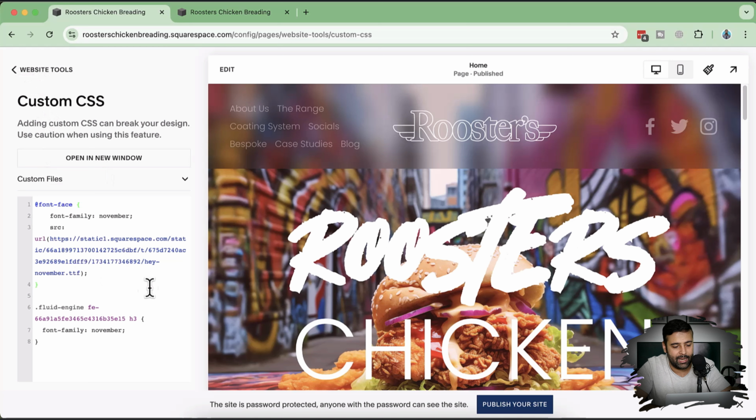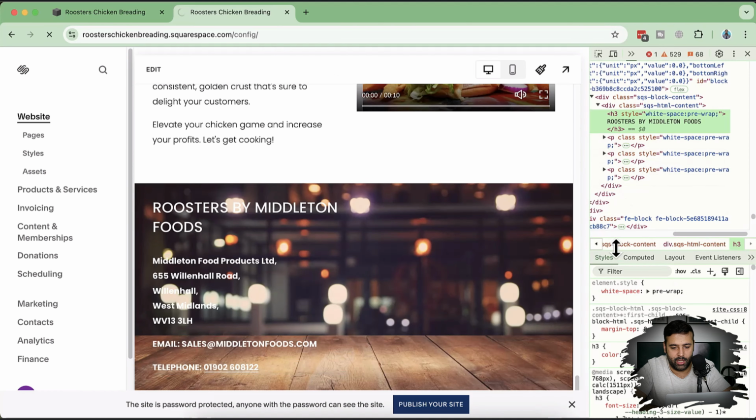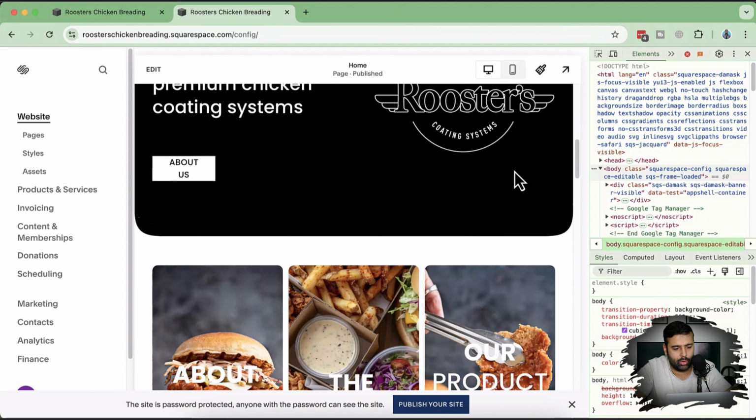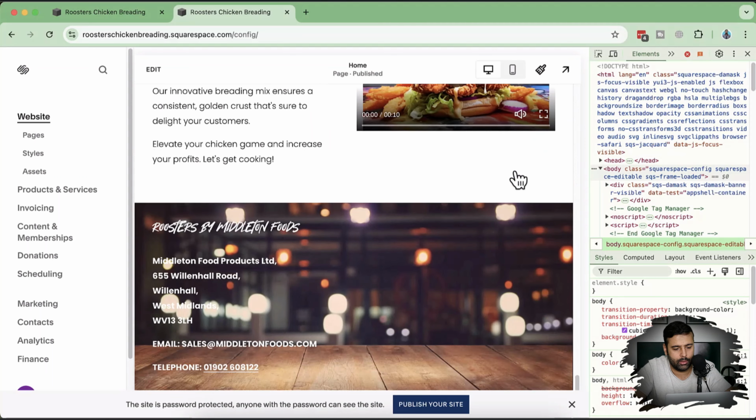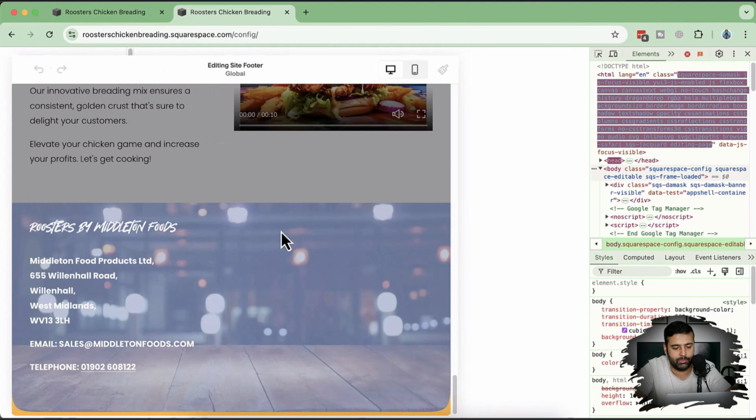Now you will see that it is not going to trigger on all of the H3. It's just going to work on the H3 which is after this class of the div, right? So if I hit refresh, okay, scrolling down, and now you can see that this specific heading's font has been changed,